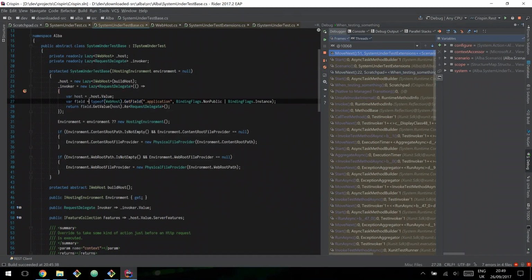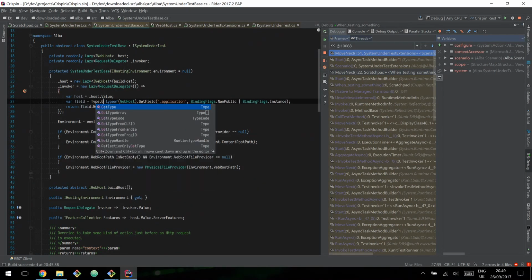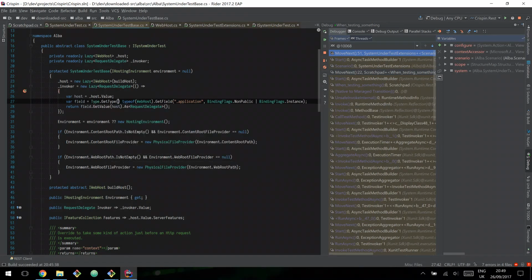Now, I believe you can do Type.GetType and then give it a type name. That. Now, well, I'm not going to recompile this yet. I will take a copy of that